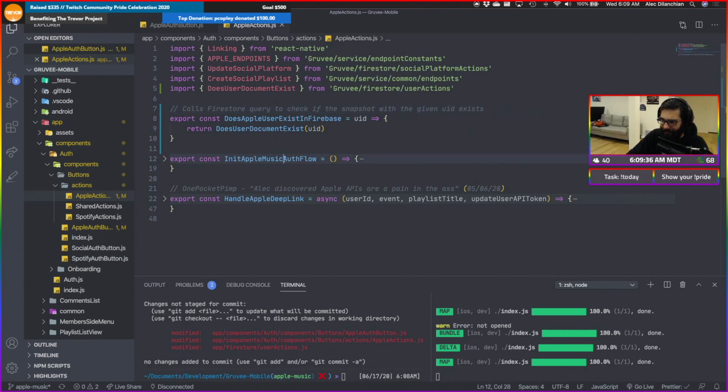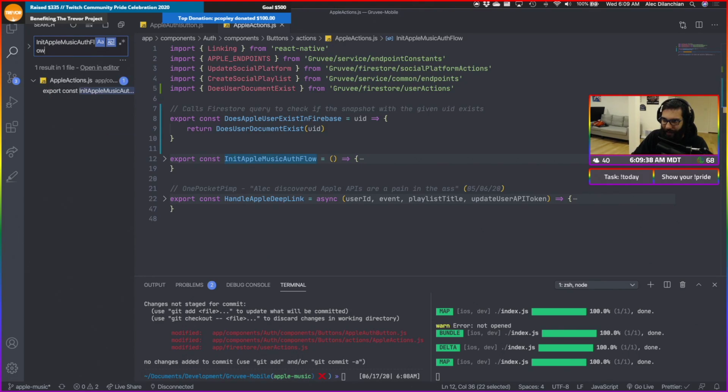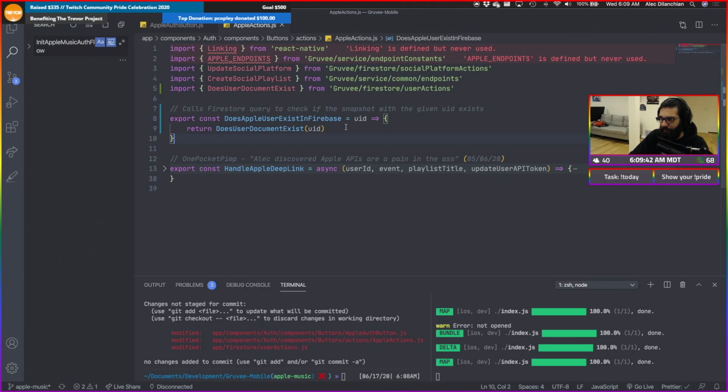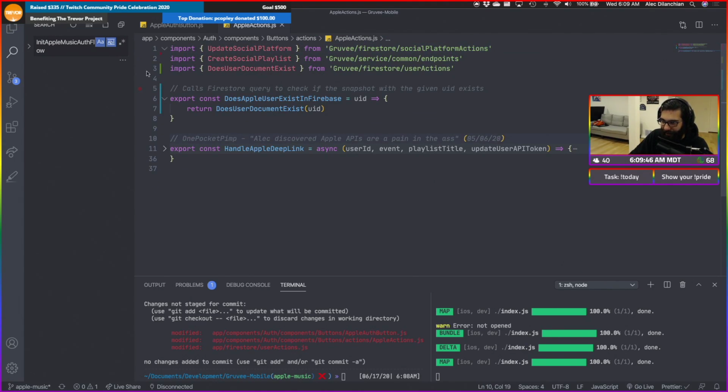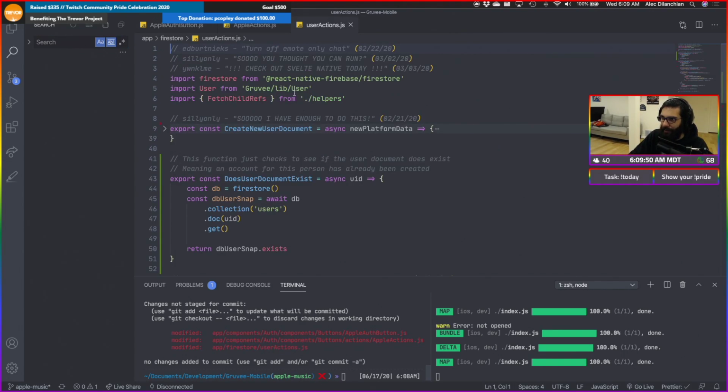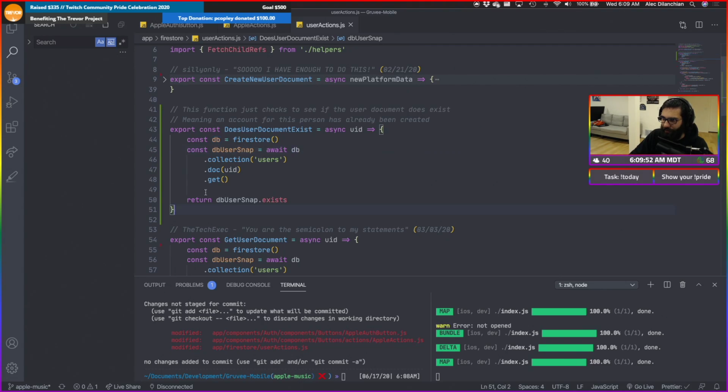And then I think we said that this init Apple auth flow is actually not being used anywhere. So we're gonna just delete that, which means we can get rid of that and clean that up a little bit. Nice. Okay, and then our user action. Yep, we just add this thing right here.